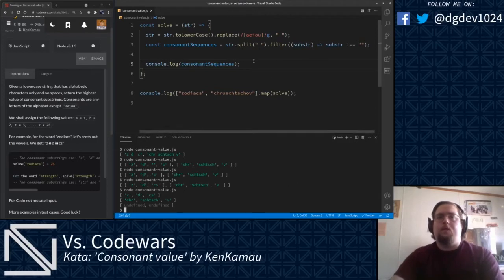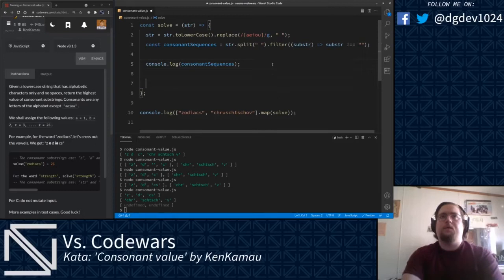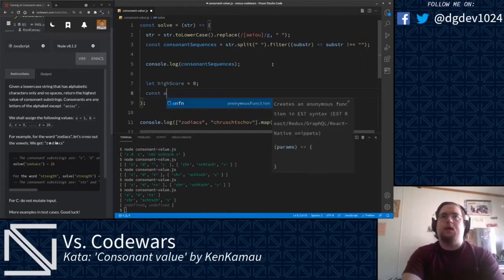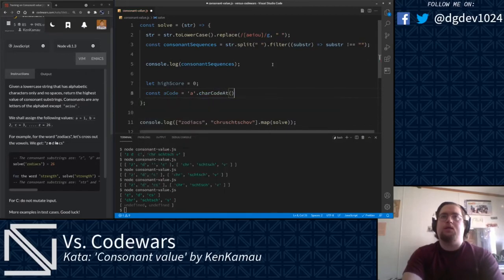And then what we can go ahead and do here is keep track of our high score. We are going to need the position of the lowercase a, so const a code equals a char code at. And what we're going to go ahead and do here is